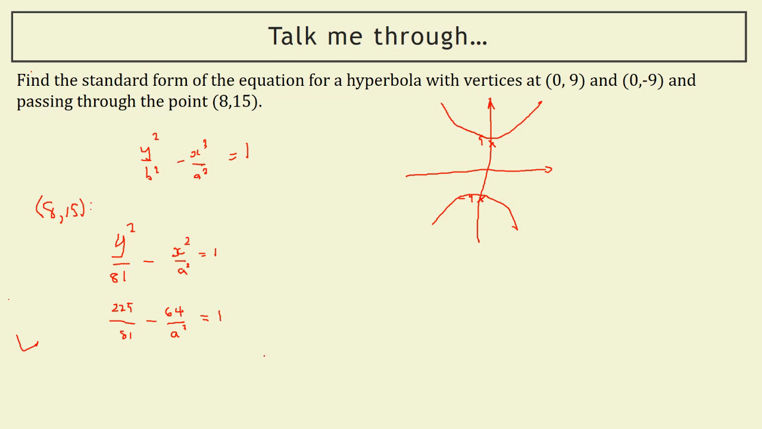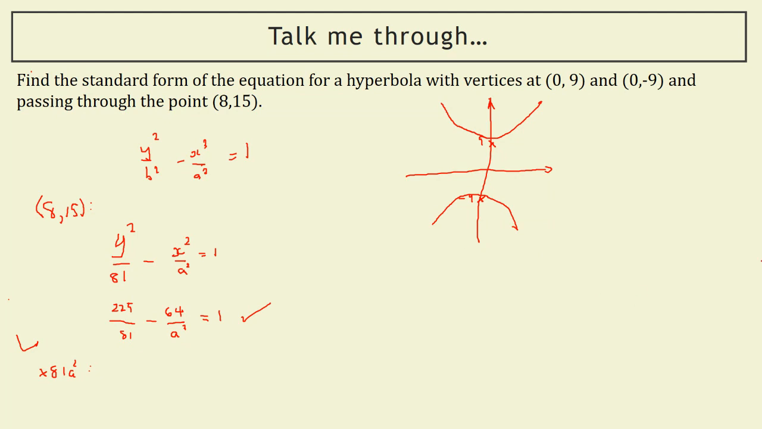What are we going to multiply by to clear the fraction? 81a squared, yeah. Why do I do that to clear the fraction? Why do I multiply by 81 over a squared? Because if I multiply an equation through, I can multiply by whatever I like, as long as I do the same on both sides. But why I choose to do it is because I don't like